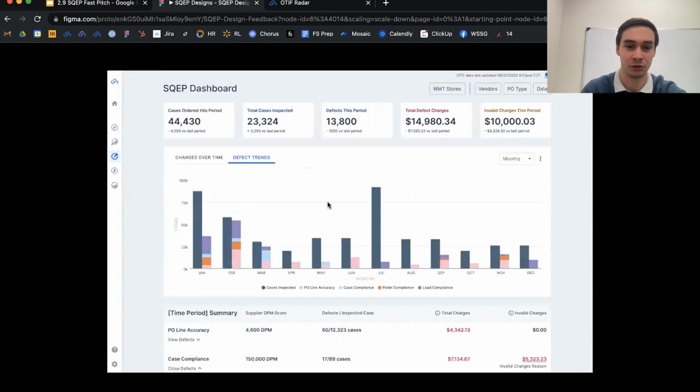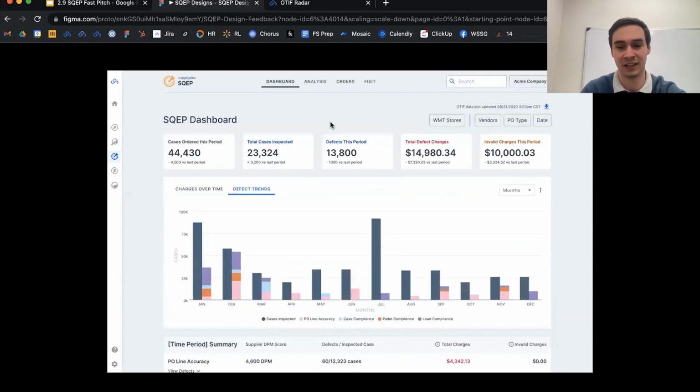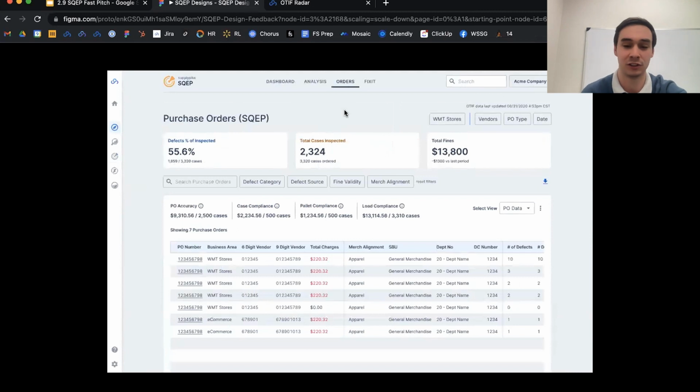So this kind of concludes the dashboard portion of this. Once again, more of a high level overview, but definitely worthwhile into understanding the overall pain points of SQEP. Now we can dig in more to the details of what the orders page would hope to accomplish. So this would include a lot of the data you see in the SQEP dashboard defects page,